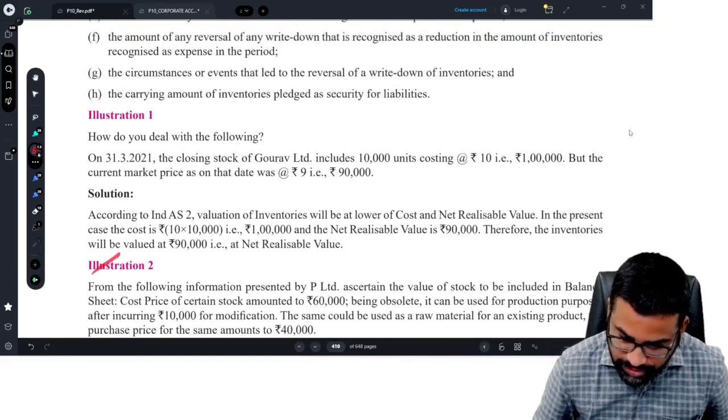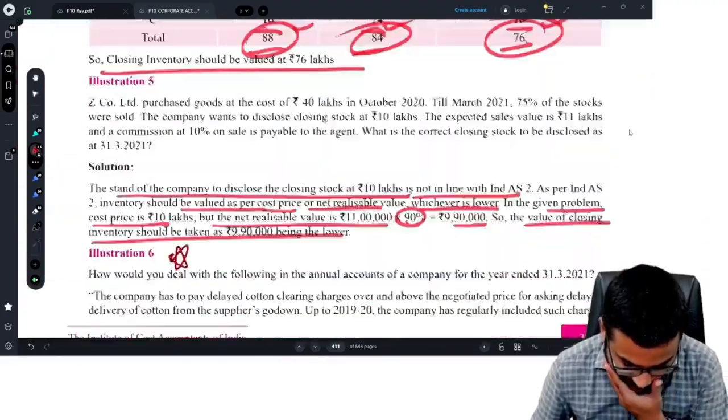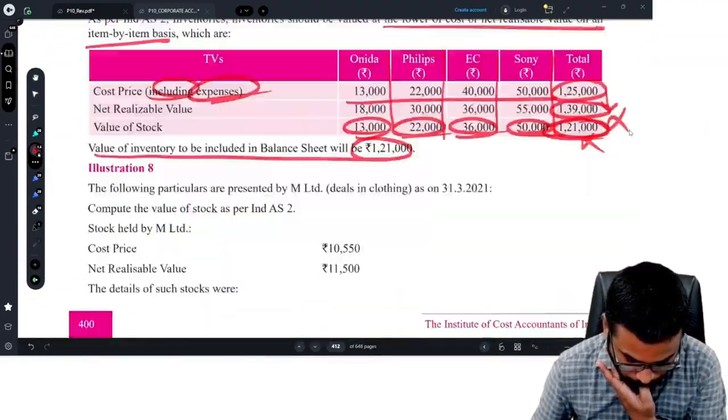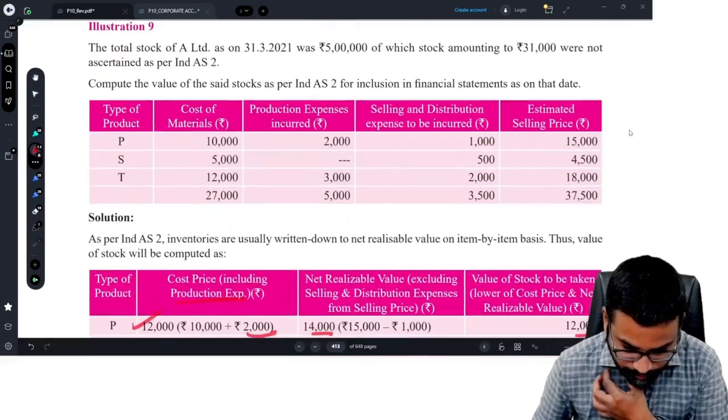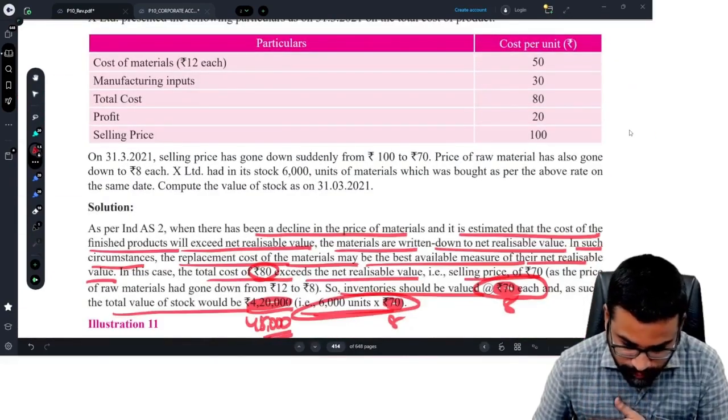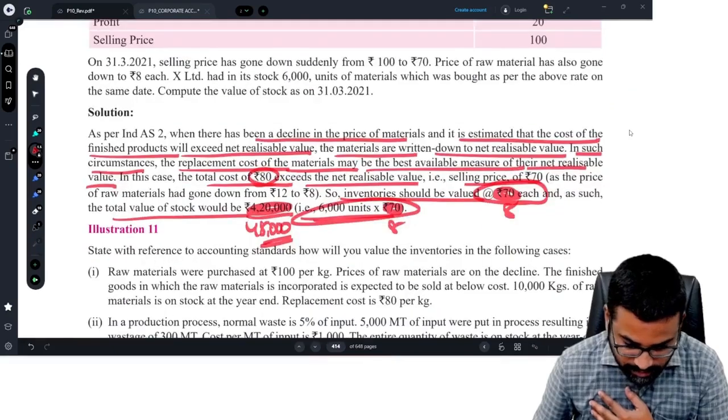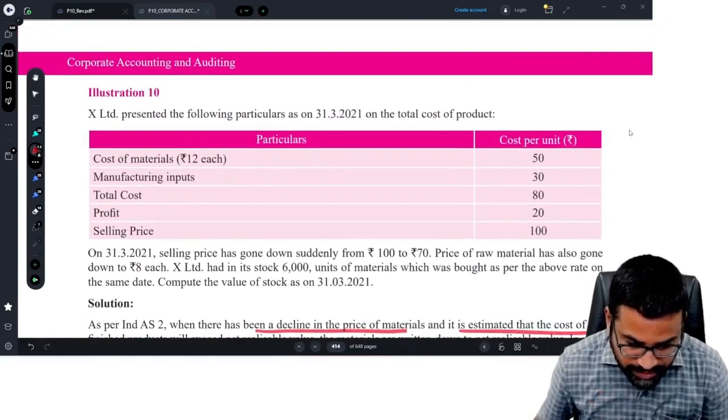Okay, so that's it, sir. I think this one, sir. This question you see,